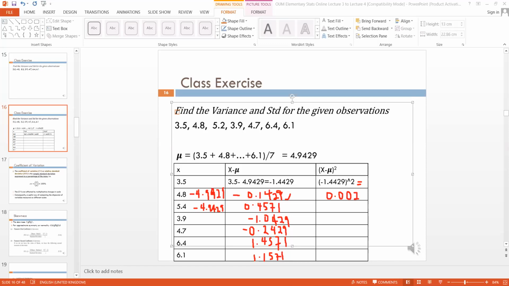Hello, sir. Yes, I'm listening. The first one is rather 0.000002. Are you sure about that? Check it again. We are saying squared, not square root. Oh, squared should be